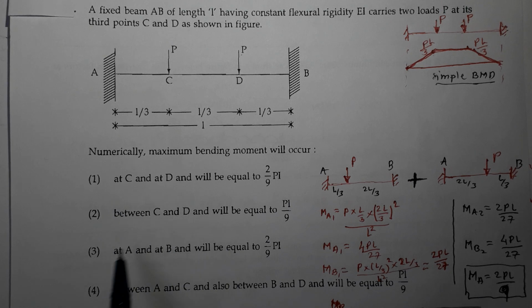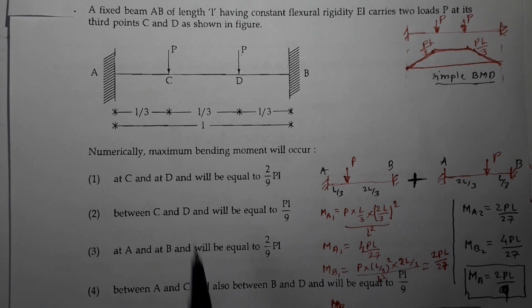If we observe the options, there are 4 points A, B, C and D. So you will have to calculate the bending moments at these positions, and check which one is numerically maximum. Now in order to know the resulting or final bending moments at these points, A, B, C and D, I am using the usual procedure for fixed beams. In case of fixed beams, every fixed beam is nothing but a simply supported beam along with the end moments.